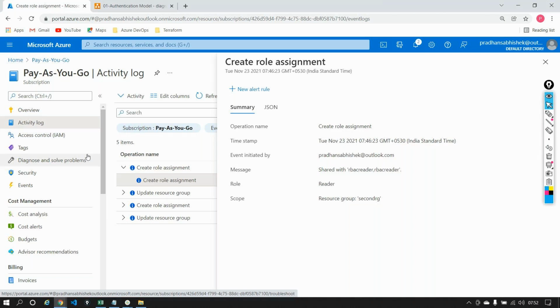The concept is called inheritance, meaning the role that has a higher permission or a higher privilege will take precedence over the role that has a lower privilege. Meaning same thing, I went ahead and added this particular user as a contributor to this particular resource group. He'll be able to delete it because now he's a contributor to it. So the role that has a better privilege will always take precedence. Okay.